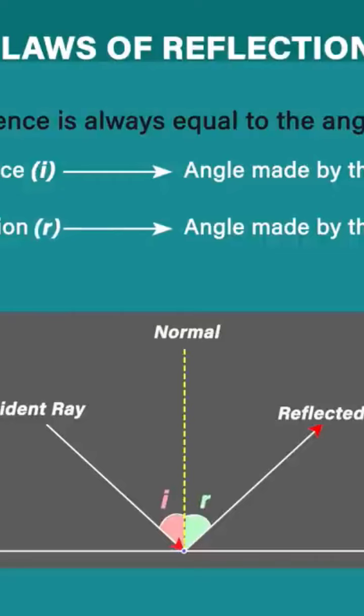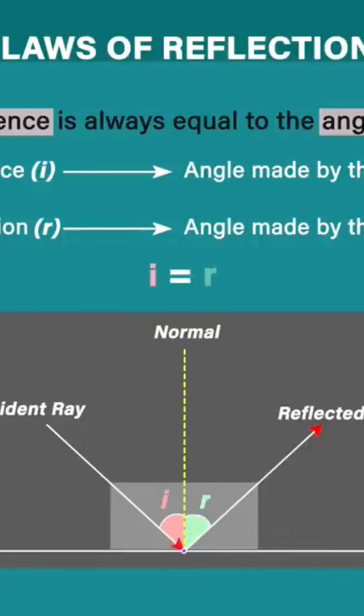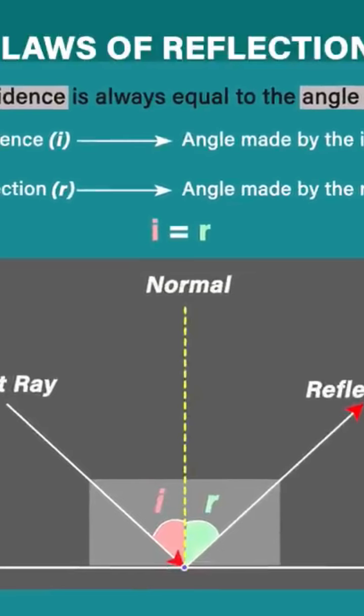So our first law says that the angle of incidence is always equal to the angle of reflection. I is equal to R. Here, as I is equal to R, if the incident ray strikes at this point, then the reflected ray will travel along this direction only so as to keep the measure of R same as I. If I move the